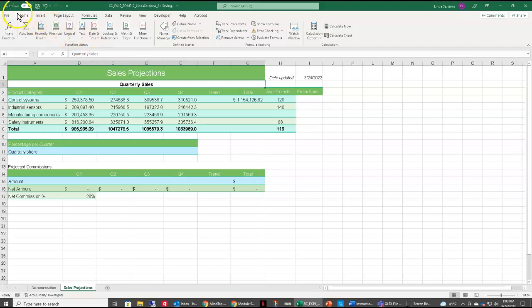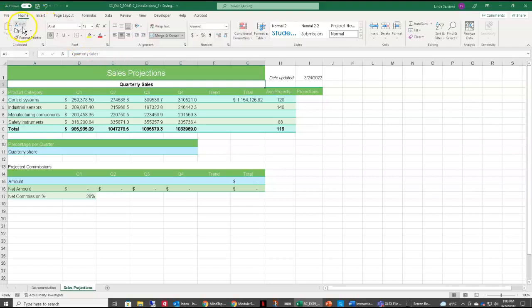So on my ribbon, I'm going to come up here to the Copy and select Copy, and you can see now I have a little dashed line around D2. I'm going to come down here and make A13 my active cell,